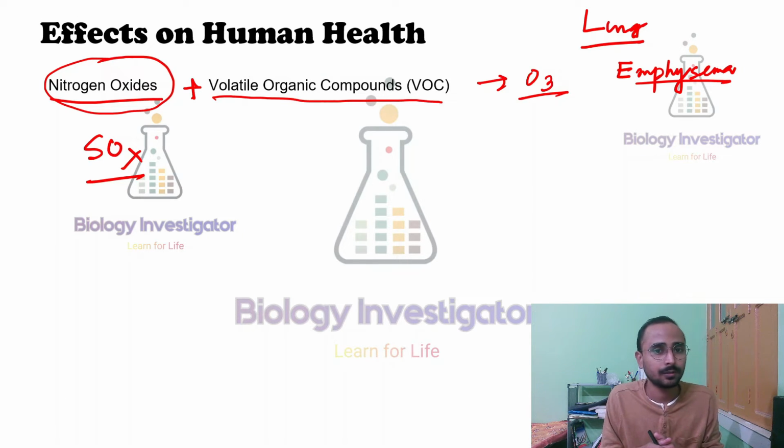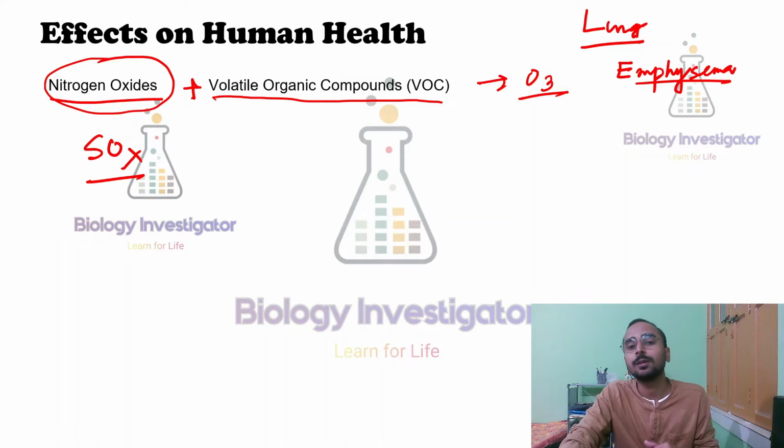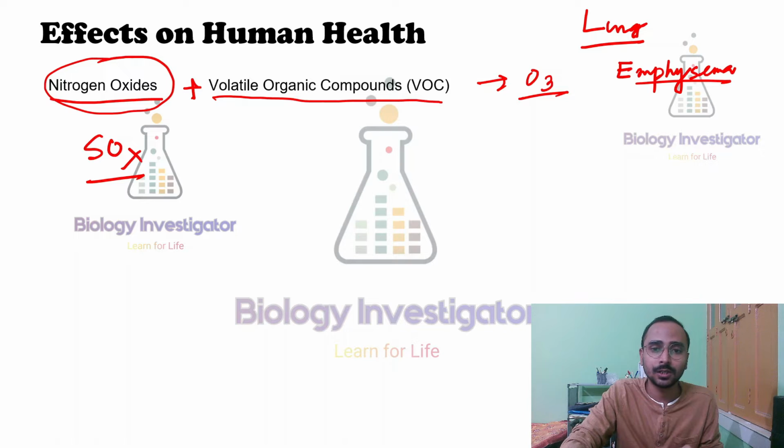Several heart diseases, we can say heart failure. Heart failure can happen because of SOx and NOx. So by this acid rain, human health is severely affected. Human health বা মানুষের স্বাস্থ্য অনেকাংশে ক্ষতিগ্রস্ত হচ্ছে।